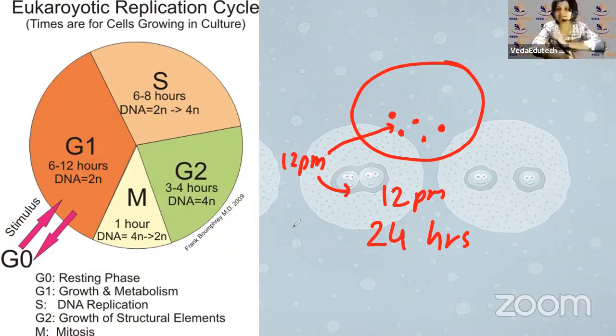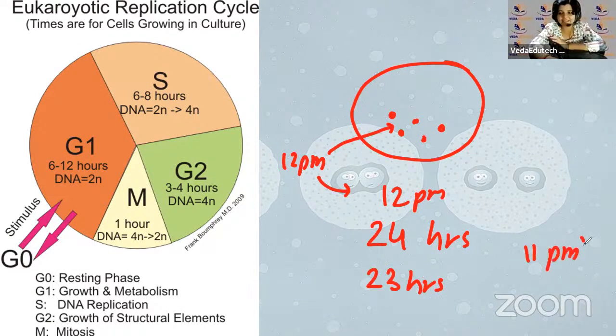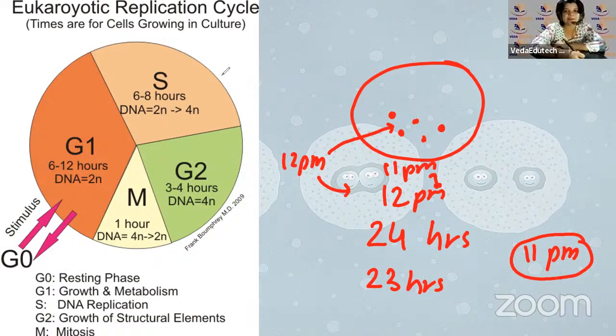Yes. So this cell has made a baby after 24 hours. Out of these 24 hours, 23 hours were spent only in preparing for dividing. The actual division happens in the last hour. So till 11 p.m. the cell was still preparing. Only one hour it actually divided. And this is only 1 hour.